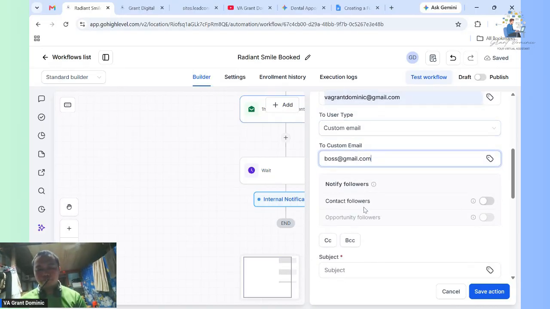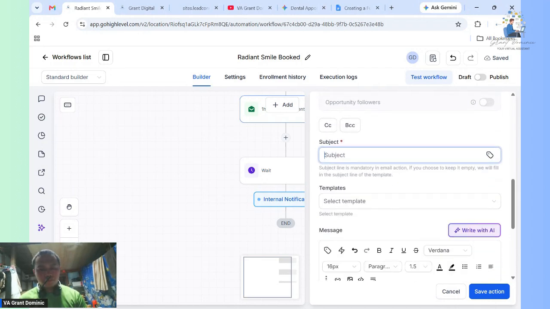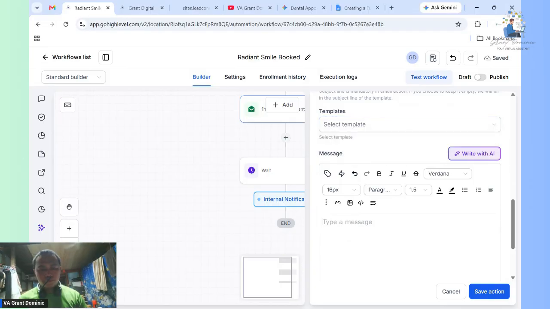Hi boss, did the patient attend? Please update the GHL calendar.